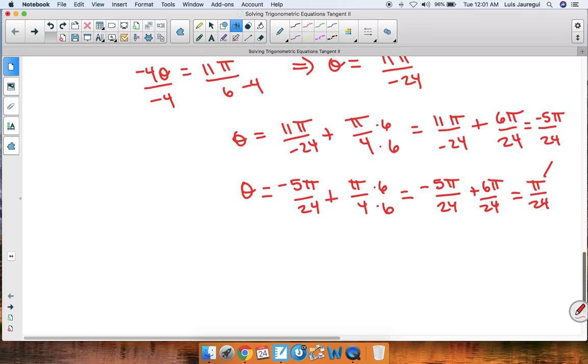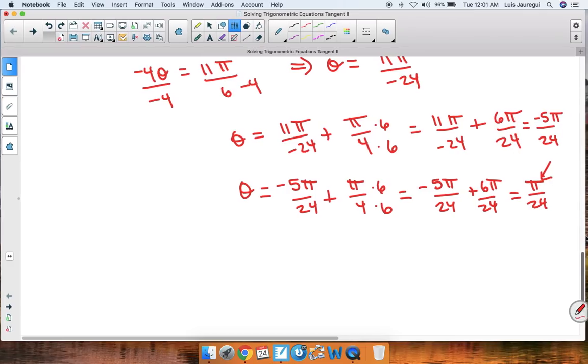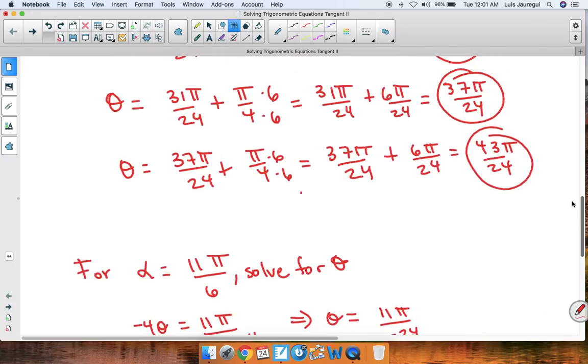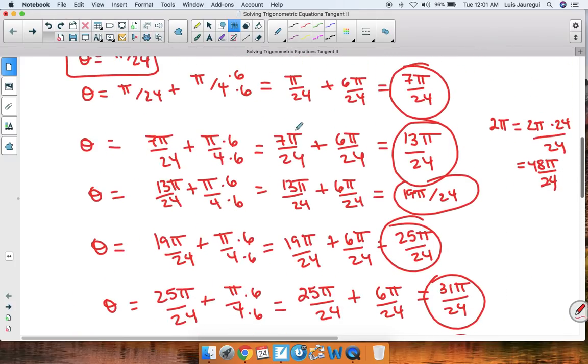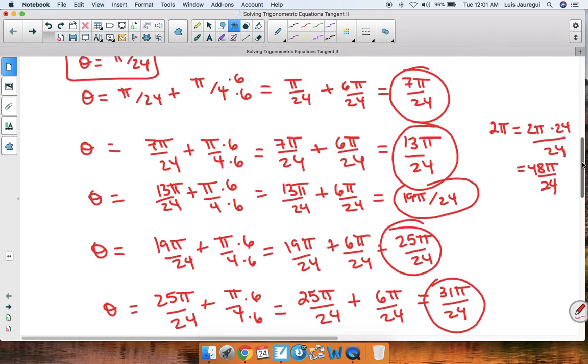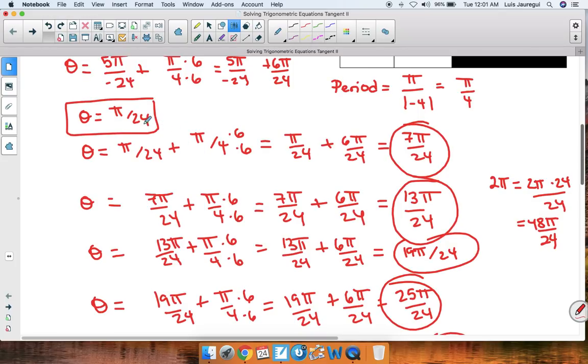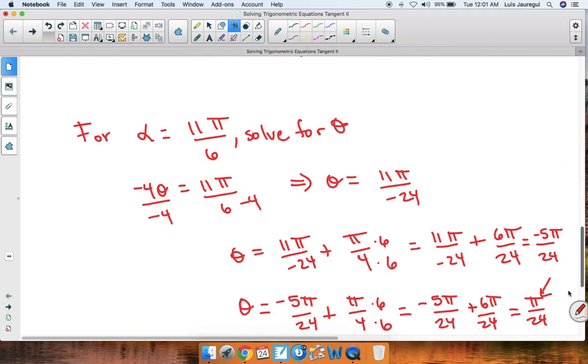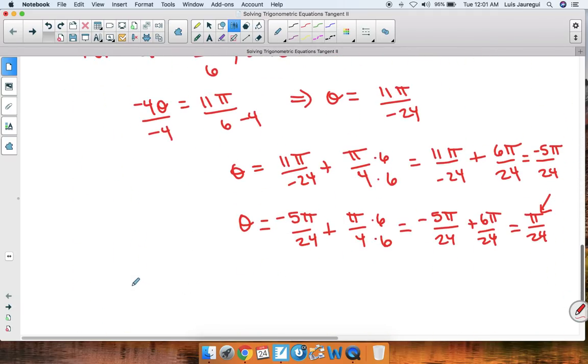Now notice that this particular value is exactly the same value that we got previously for the original theta, the very first theta that was positive there. So if we were to repeat the same process, we're going to get exactly the same solutions. So we don't have to repeat that. We can just say that in general, these are the actual solutions to our particular